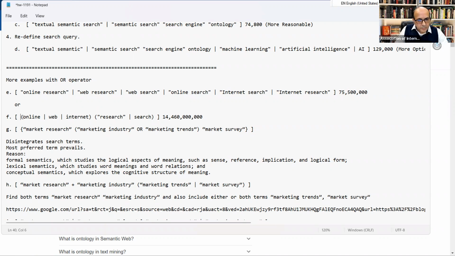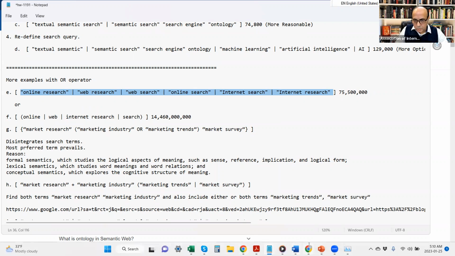Okay. If I did not put the word within quotations, then I'm dealing with a slight bit of complexity here, or it may not be as accurate because now internet research would club together and it depends on how the search engine would like it to be, either use it as a single word or combine it. So it might be a problem. Therefore, I have to put it inside of the quotes. So if I run this one,